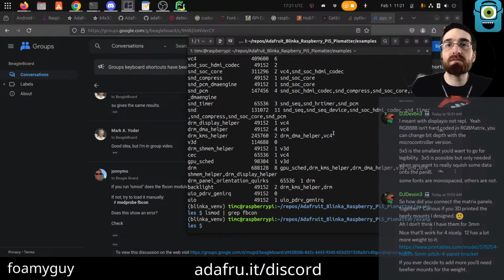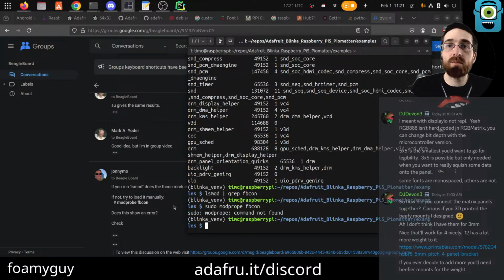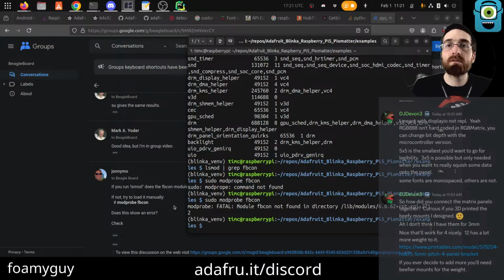FBCon. Is that a thing I can install, or, if not, try to load it manually? Modprobe FBCon. Spell it wrong? Oh, probe. That'll do it, huh? Fatal: module not found in directory.